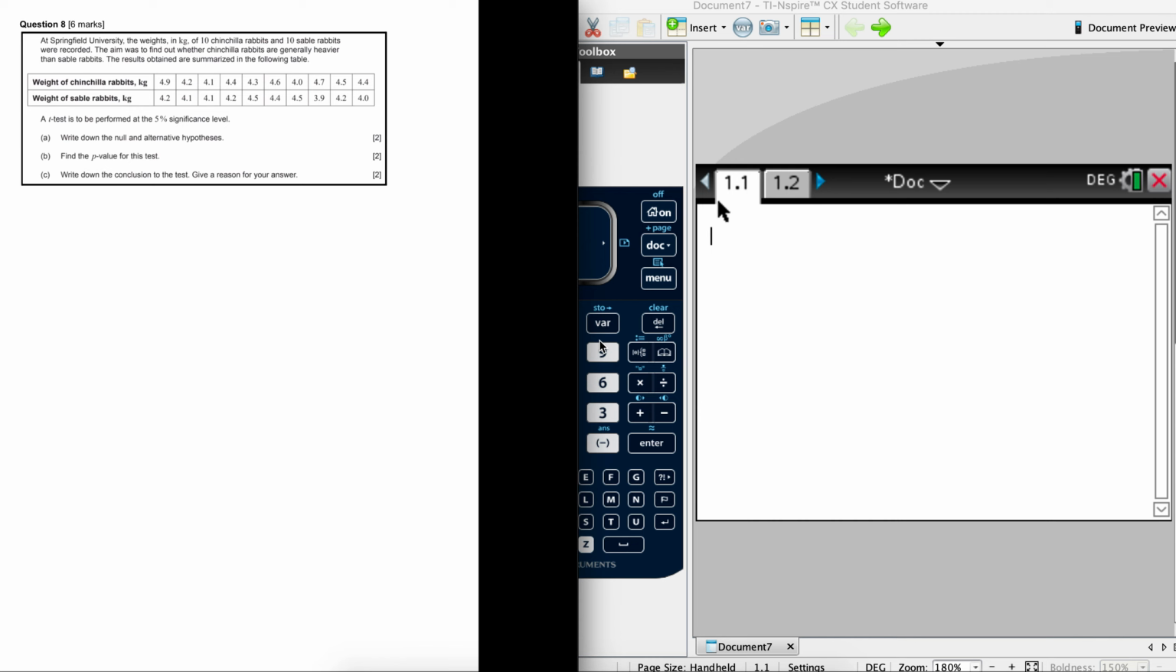This question is looking at a t-test. So we can see the keyword is the t-test and it's at a 5% significance level. And we're comparing the different weights between the chinchilla rabbit and the sable rabbit. Okay, so a t-test, when you've got two sets of data from two different groups like here, it compares